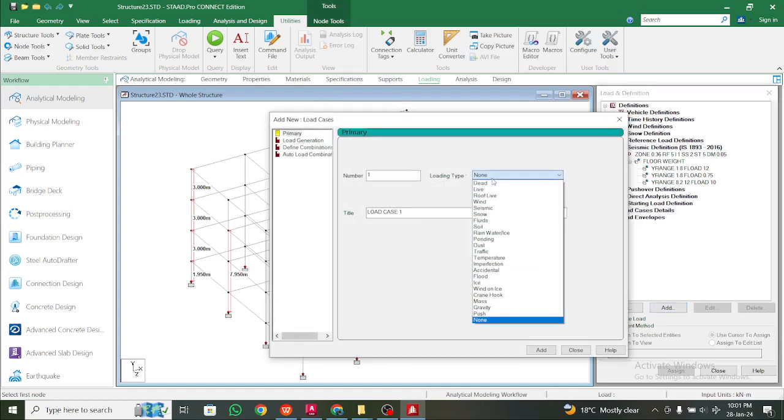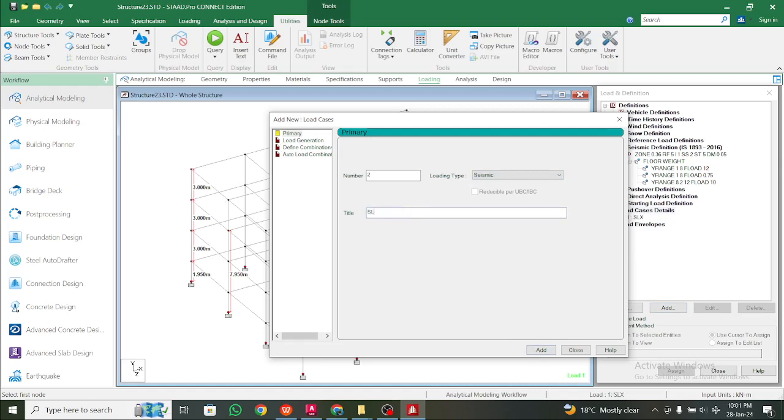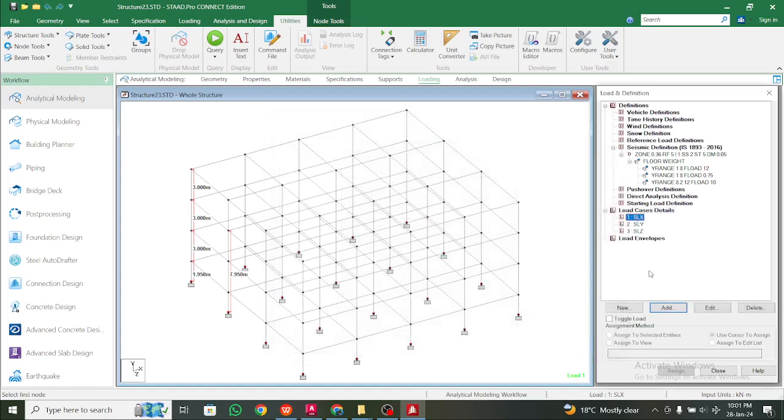First of all, we'll add the seismic loads, and I'll name it SLX, and then click on add, and then similarly SLY. By habit I didn't add the vertical one, so SLZ, and then click on add. So these three are added. So now click on add,